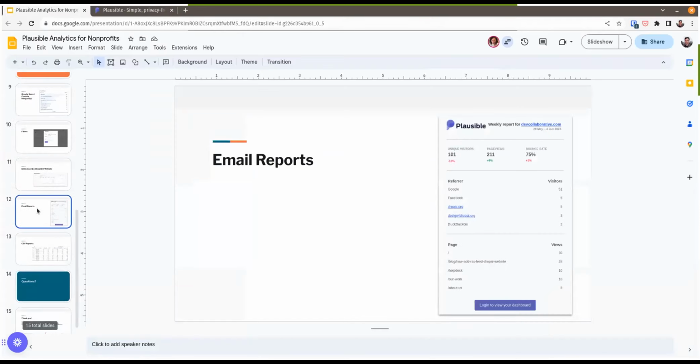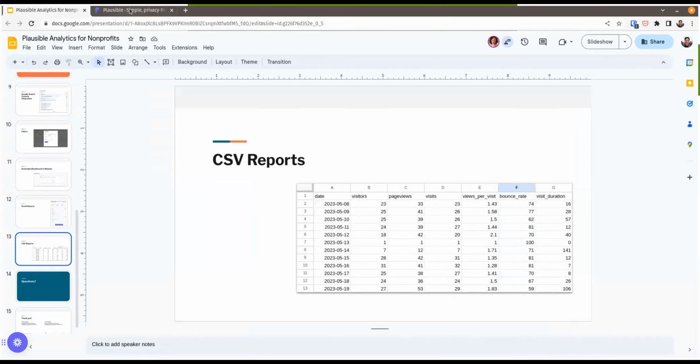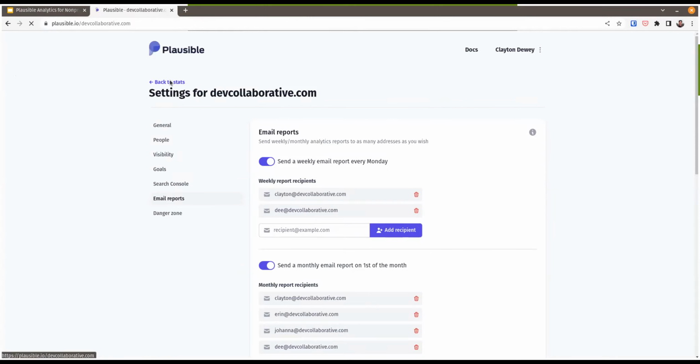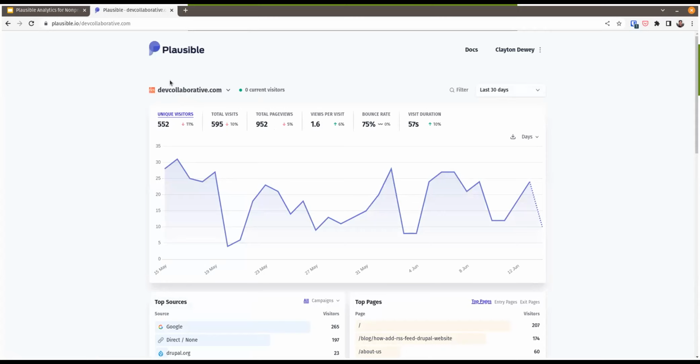So that's that feature. And then I'll end with the thing that is, again, one of the most limiting things, which is kind of frustrating. I want to reach out to the Plausible team and see if they have this on their roadmap, because of the reporting. You can take a screenshot of this entire page and share a report that way. But as far as sharing a report with data that you can manipulate and work with,